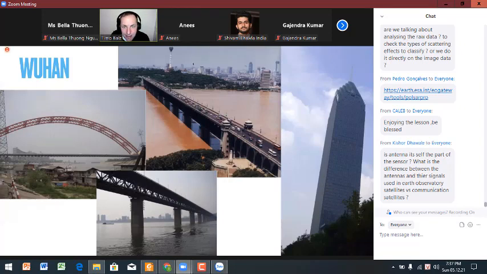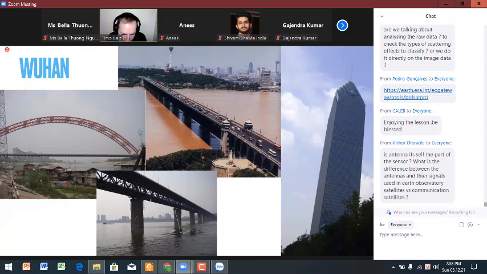Wait, you didn't see my mouse. I think you don't see my mouse. So this one here that has this arc here, right? And this one is the large bridge here. This one is the so-called first bridge or the big bridge in Wuhan, which has these, I think, 7